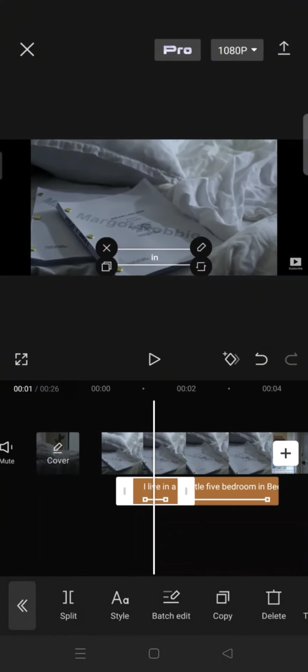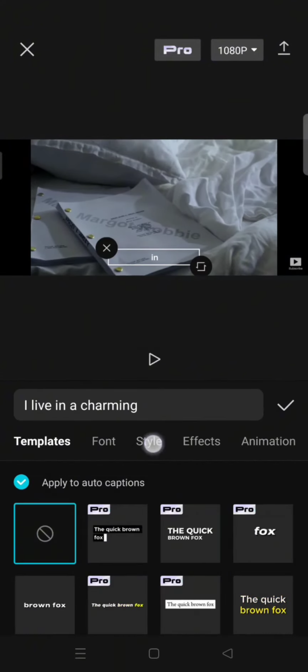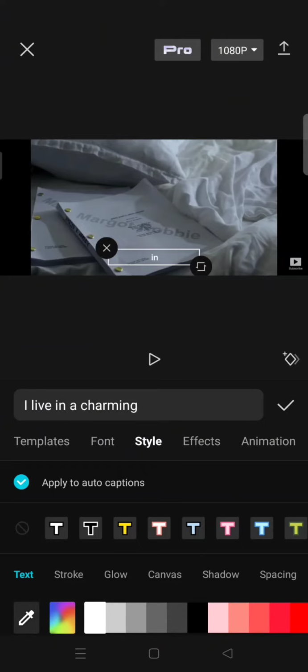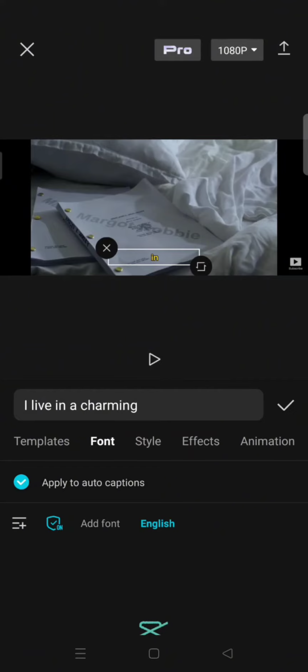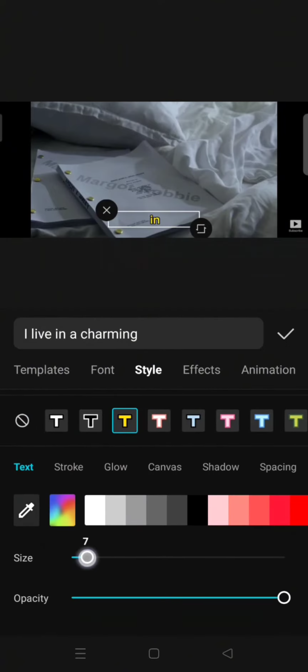If you want, you can also change the style of the captions to your liking. For example, I want to make it like this, and I'm going to make it bigger, the size,